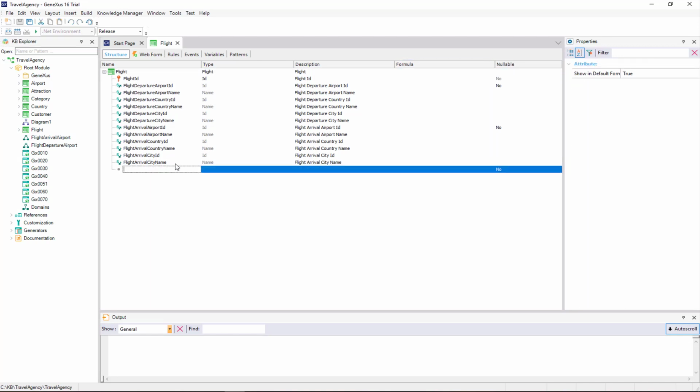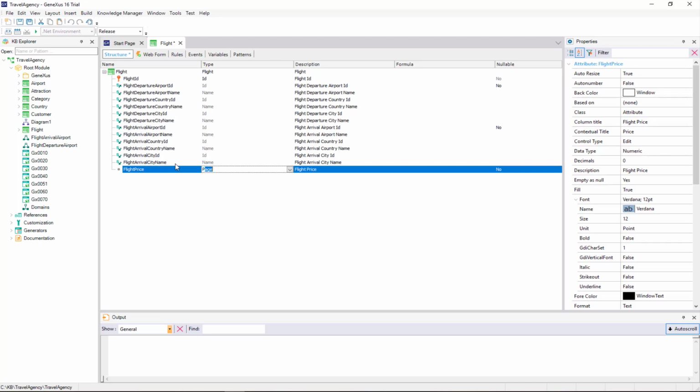First, we will define a new attribute in the flight transaction in order to store the price of each flight. So, we add the flight price attribute, and we create the price domain.